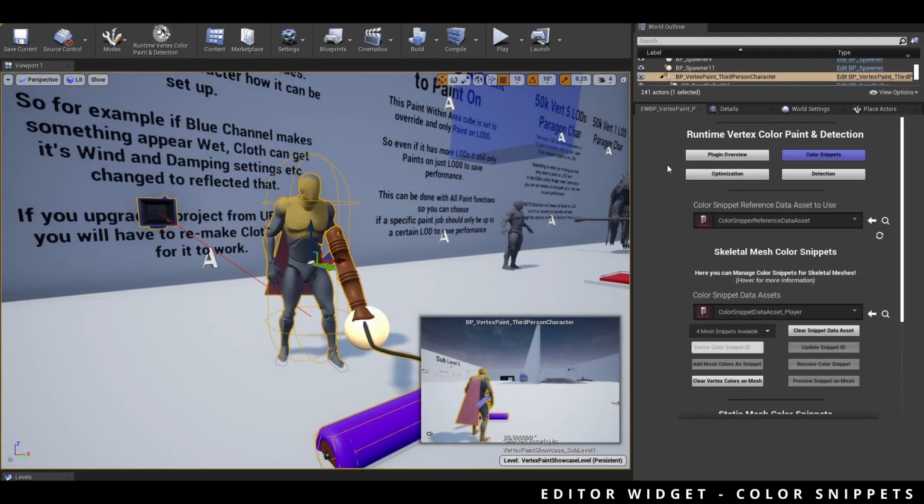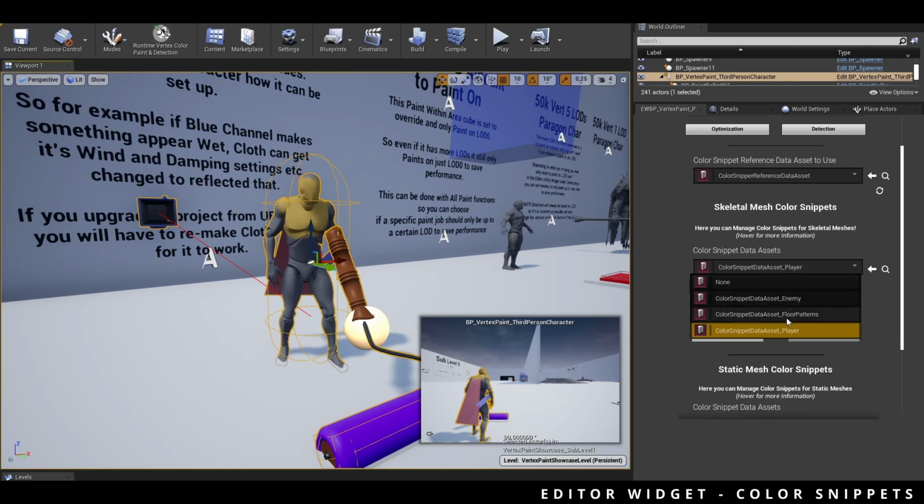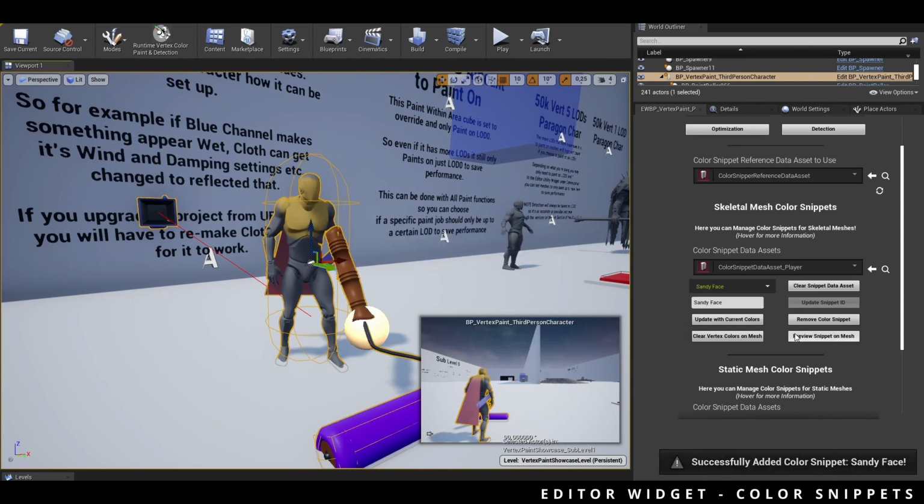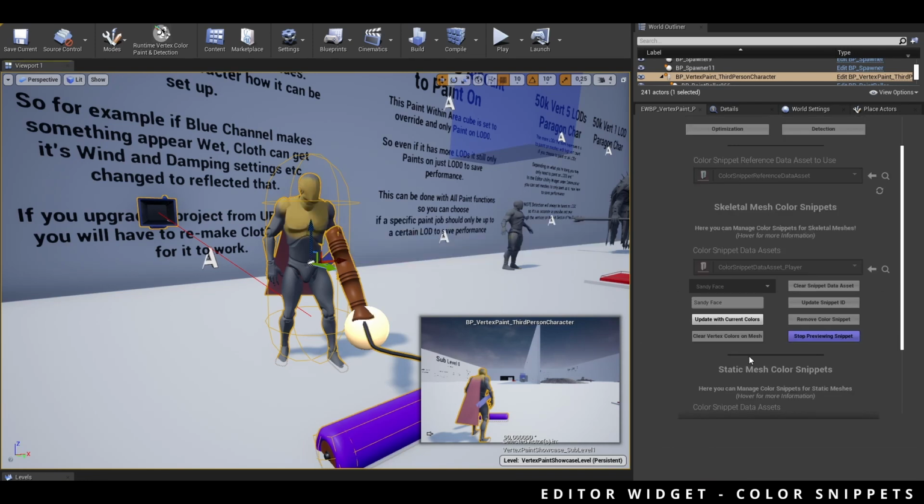In the editor widget, set it to use the reference data asset and color snippet data asset, then select a static or skeletal mesh that has vertex colors on it, that you wish to store as a snippet. Enter a snippet ID, for example cutscene 3, main character, and then click Add Colors to be stored as a snippet. Which mesh a snippet belongs to is visible when you hover over the list of snippets on the drop-down